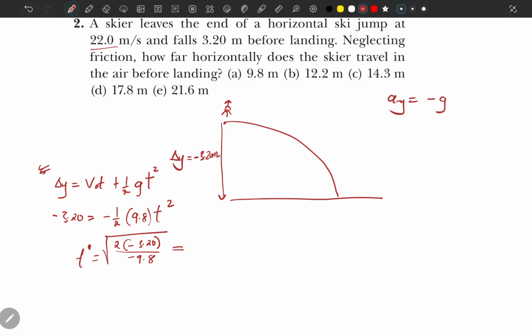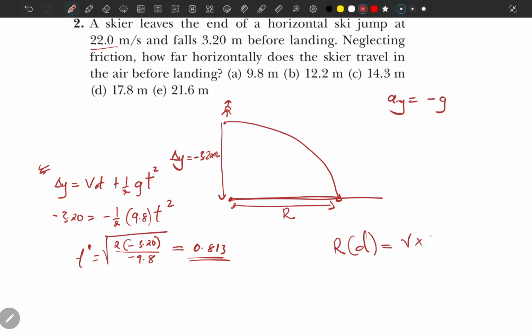So what do we get? You can pause the video. I'm getting 0.81 seconds. So this is just the time it has taken. Now what is the actual distance? How far horizontally? From there to where the person lands, that's just the range, and that range, which is just distance, is